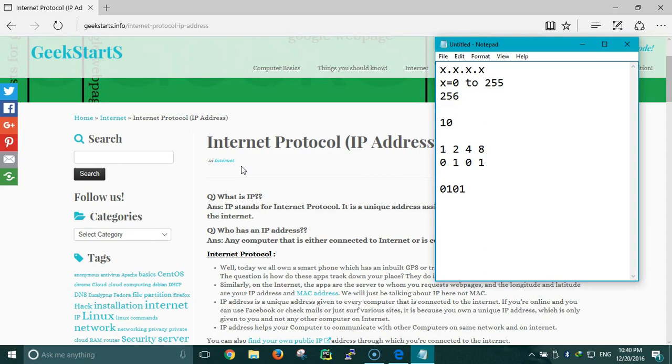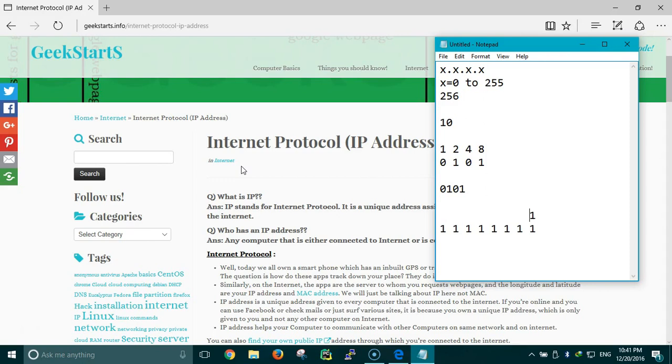As I told you, there is a maximum of 8 bits. So suppose everything is 1, so this is 1 2 3 4 5 6 7 8. If I use the same table over here, let's start from the end.